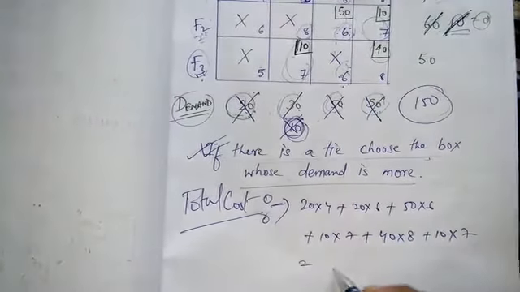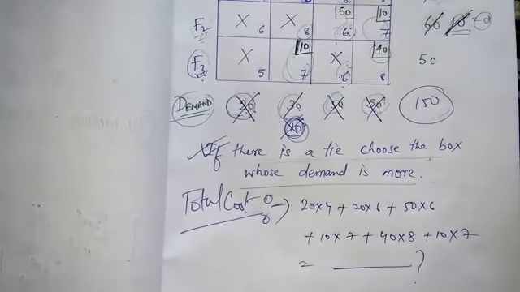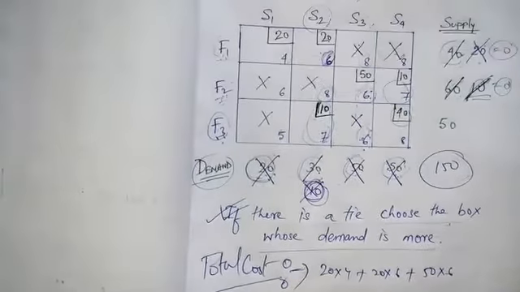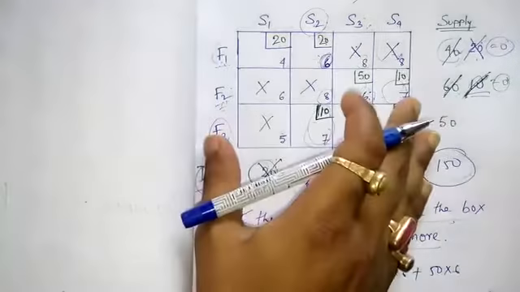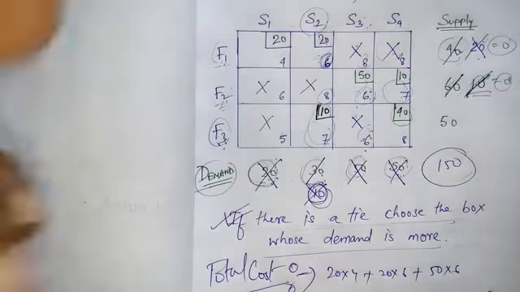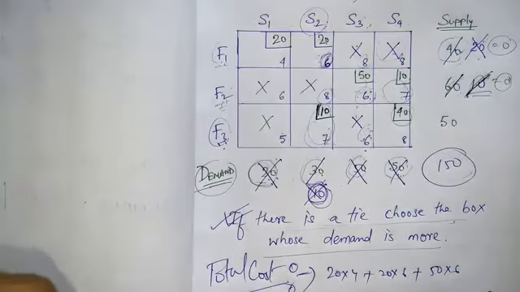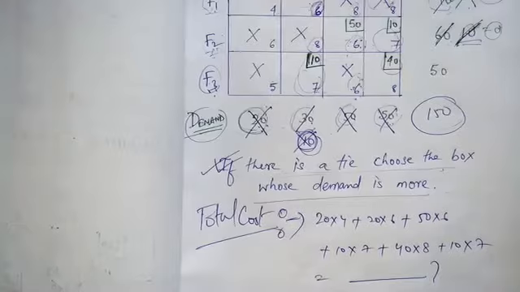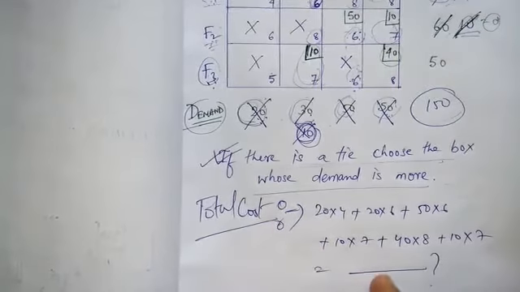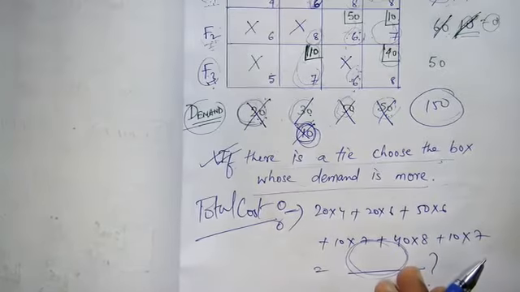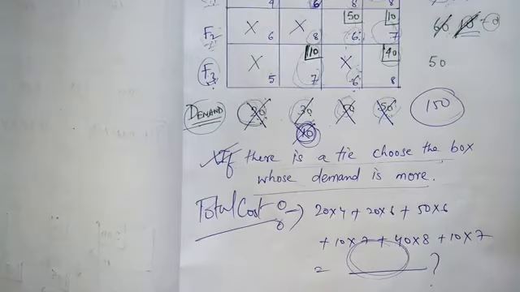Now whatever be the value, you calculate it at your home. Now I'm telling you one very interesting thing, that you can solve the same problem with the northwest corner method also. Then after solving, you tally both the answers you get from the northwest corner method and the least cost method. You will of course see that the value you get from the least cost method is less than the northwest corner method. Okay, thank you very much.